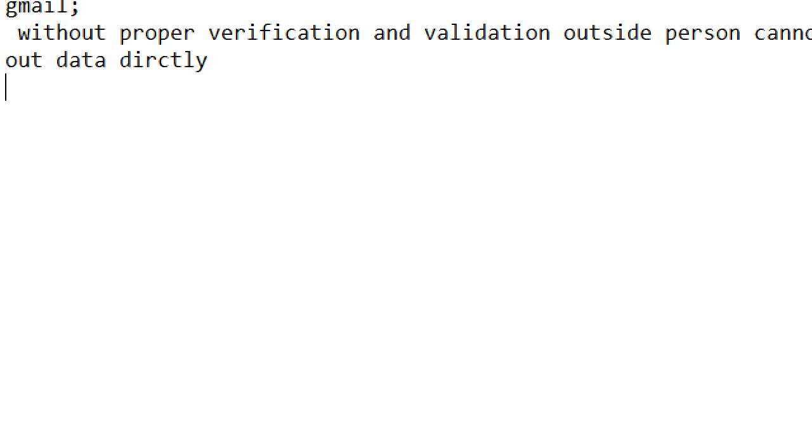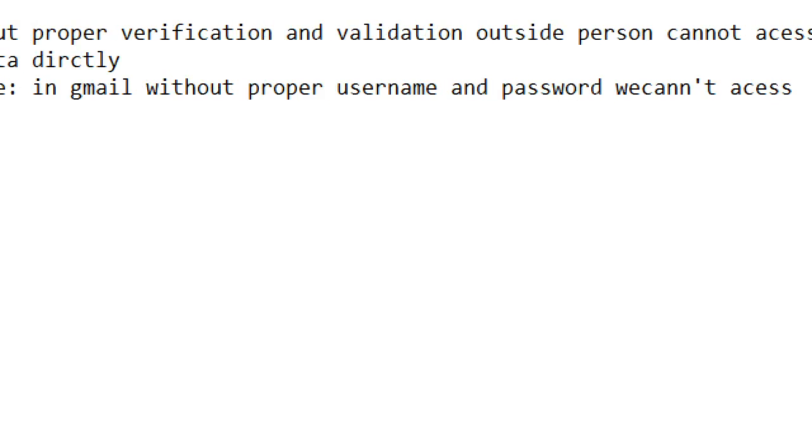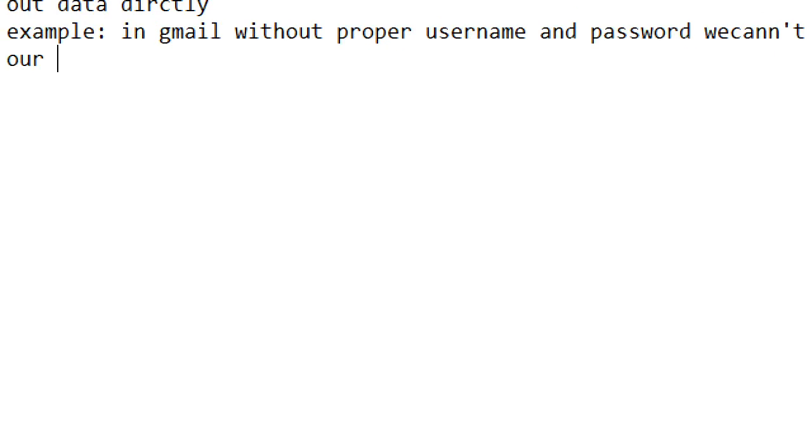For example, in Gmail, without proper username and password we can't access our inbox directly.